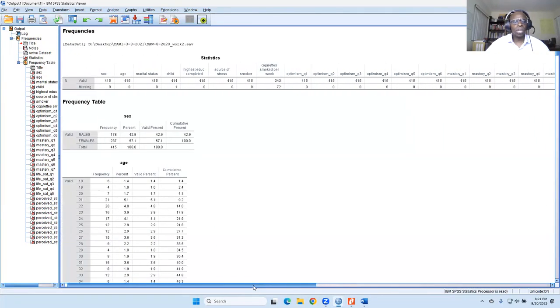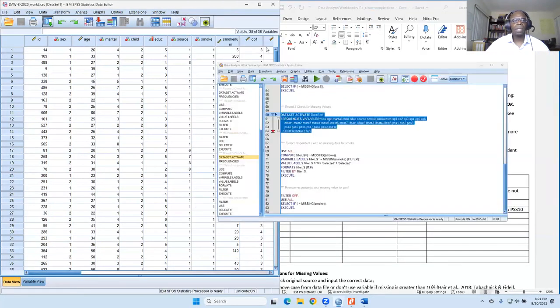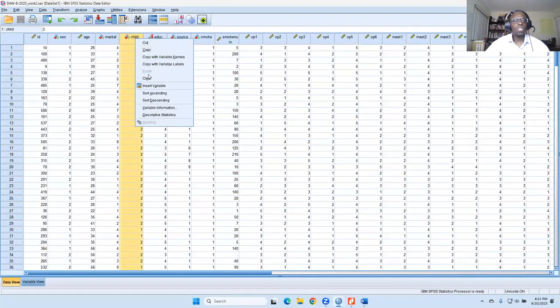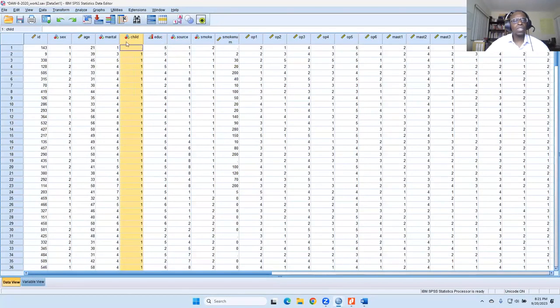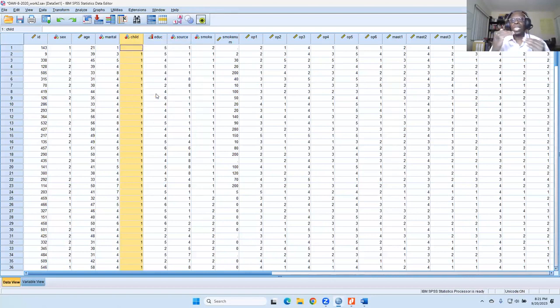All right. So it looks like child is the only one that has anything that's missing. Okay. So then we go back to our data file and we go to child, right? And then remember, we're going to sort ascending so that we have the missing. So what I did is I right-clicked and then I clicked sort ascending so that we always want the missing values for the variable we're looking at to be at the top, because then we can see if we're selecting it properly.